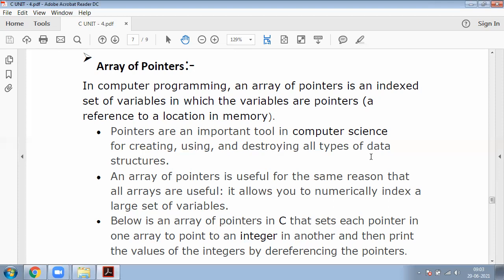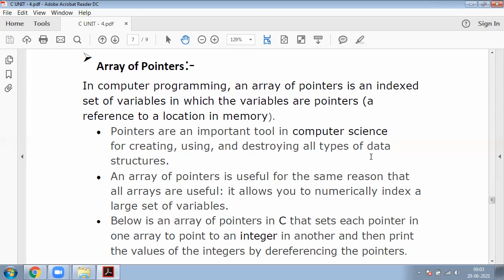In the array, all variables are pointers, that is, references to locations of memory. So these pointers are referring to memory.